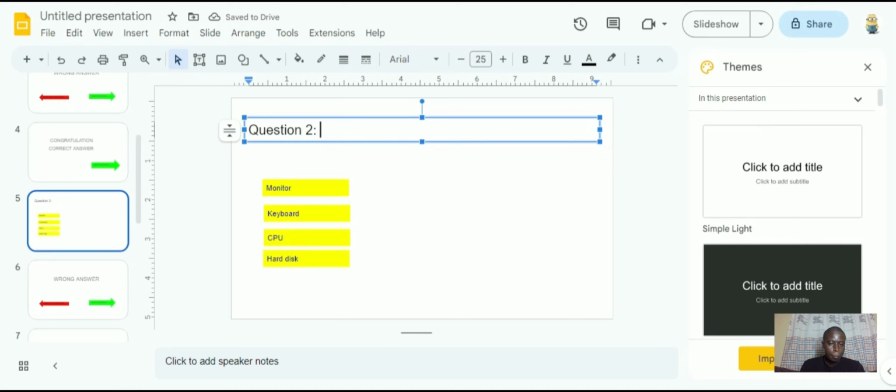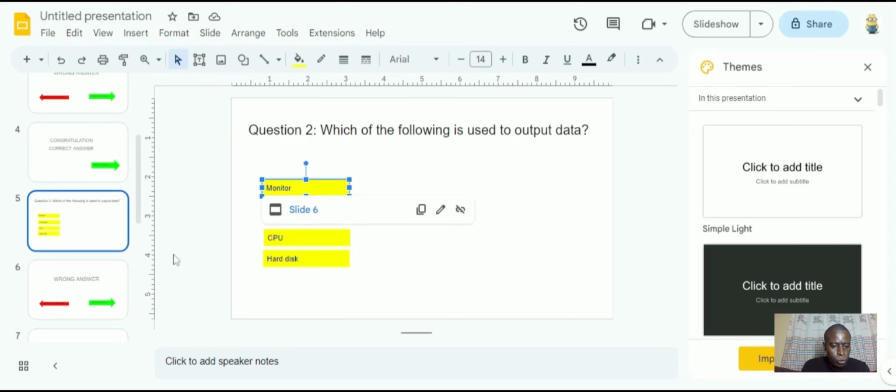We can choose which of the following is used to output data. So we know the correct answer for such a question will be the monitor, because that's what the computer uses to output its data. So on this one, you can see that it will lead us to slide number 6,